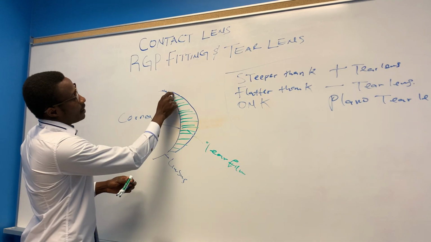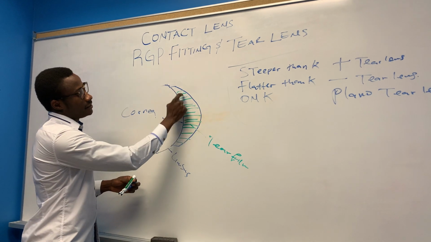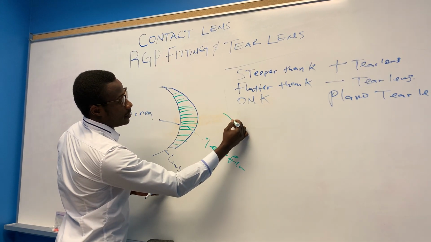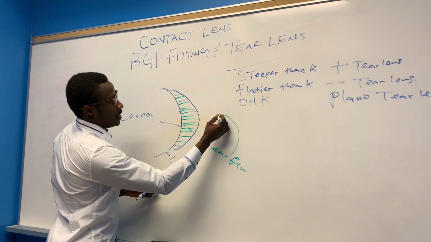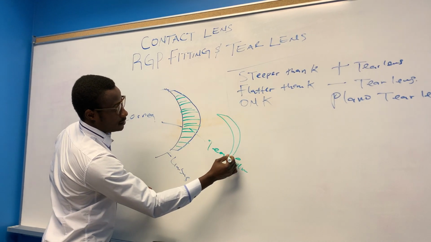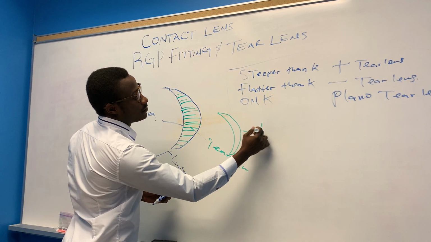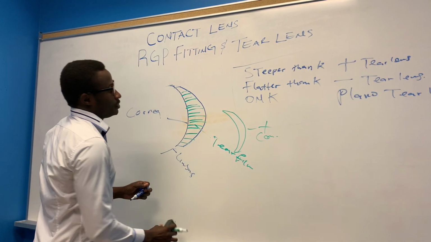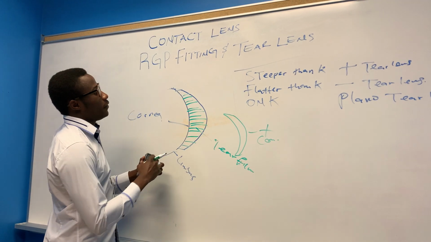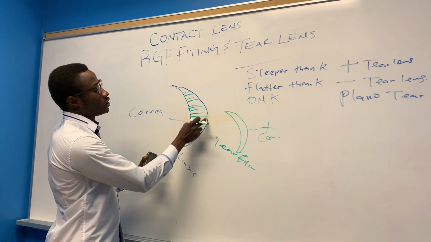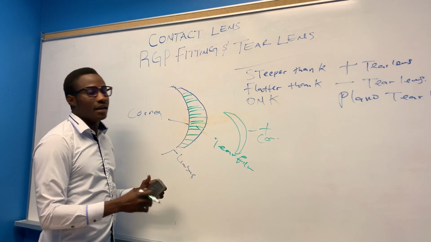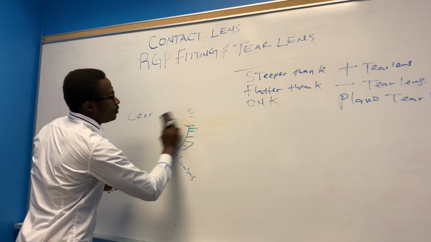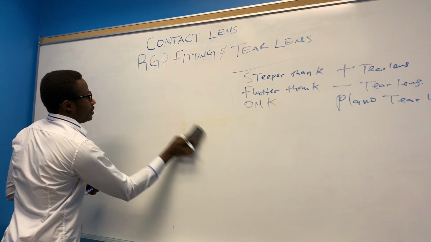Then you can see that I'm creating convex tears here. So when I pull these tears out, I'm going to have a convex lens, which is positive. We all know that convex lenses are positive in nature. Now I have demonstrated how I created a positive tear lens because my RGP lens is being fitted steeper. Now, in a sec, I'm also going to demonstrate how I will have a flatter